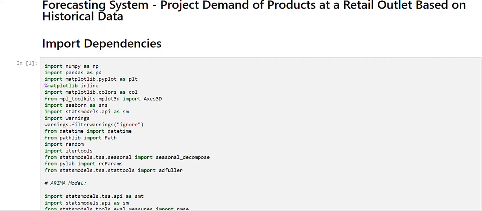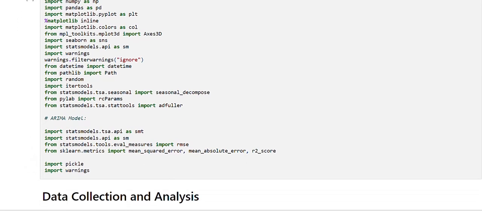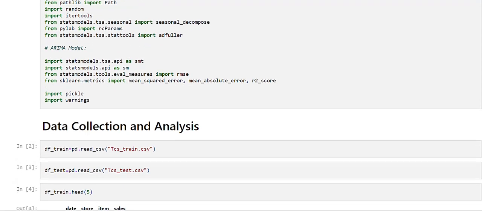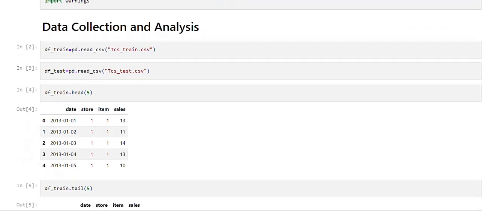So we are given a test and train CSV files. For doing the problem, first of all, we have to import the dependencies. And the models that we are going to build are ARIMA, SARIMAX and FB Prophet. So I have imported all the dependent libraries over here, and next is the data collection and data analysis part. First of all, we have to load the train and test data into two data frames and do